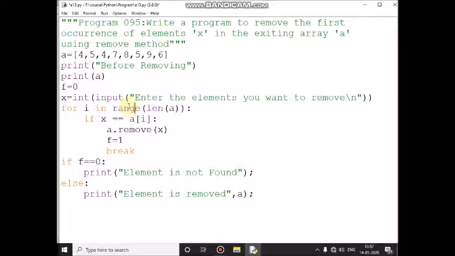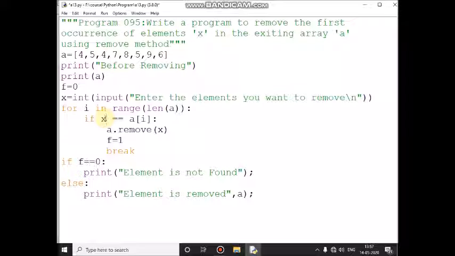4 less than 8, condition is true, control comes inside the loop. Here x value 55, A of fourth location value 8, the condition is false, control comes here and it will increment the I value to 5. 5 less than 8, condition is true, control comes inside the loop.